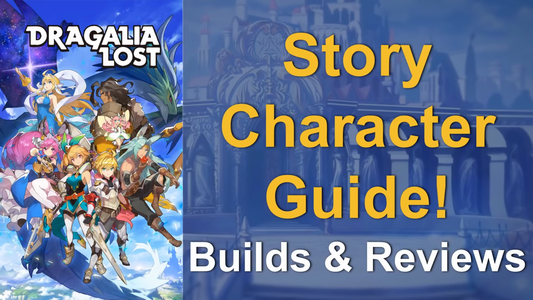Today's video is going to be my review of the game's 5 story adventurers, along with suggested builds at 3 levels of investment: low, medium, and high. These characters are obtained as free 4-star units by Chapter 2 of the campaign, and this video won't contain any